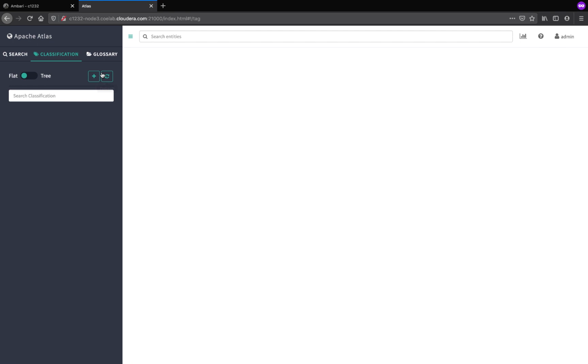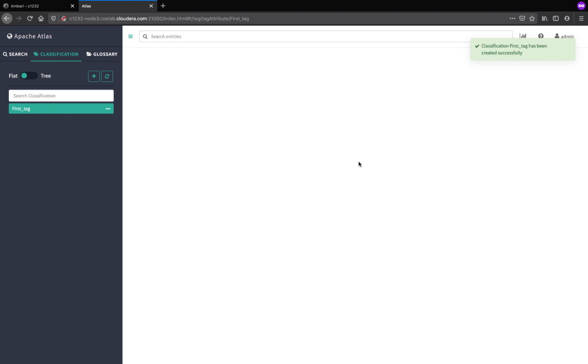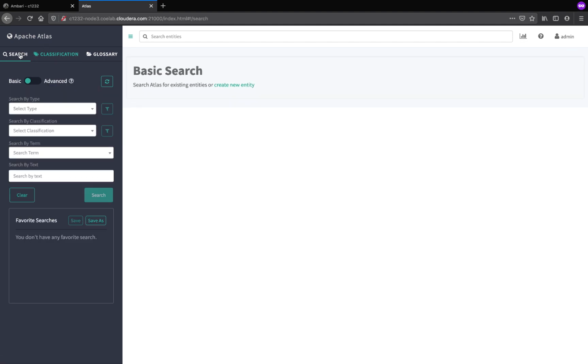Let's go to classification and create a new one. So we have successfully created a classification and now we will go ahead and associate it with the Hive column.